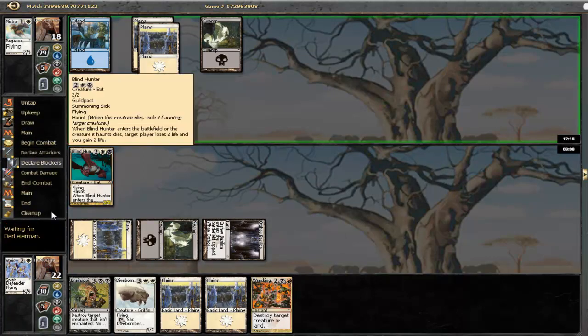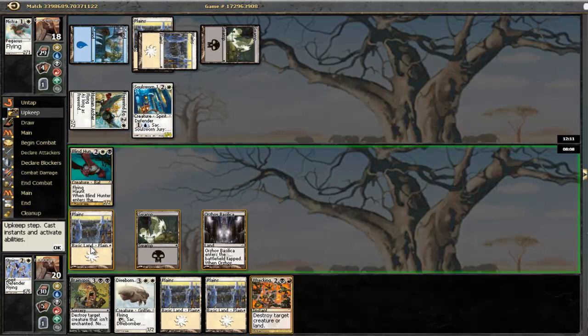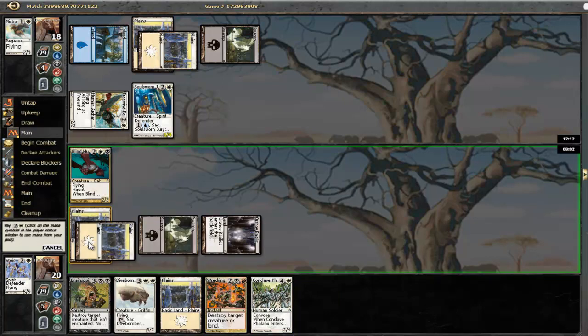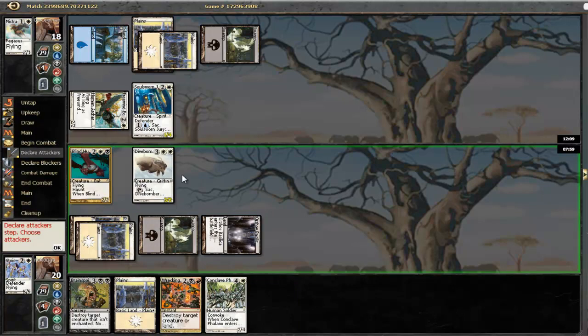No, I'm not going to block. I'm at 22, you are at 18. And you are not in Bloodthirst colors, so alright. Ooh, that's gonna be good eventually. Right now we are going to play this Dive Bomber. And this guy, I think I'm going to...